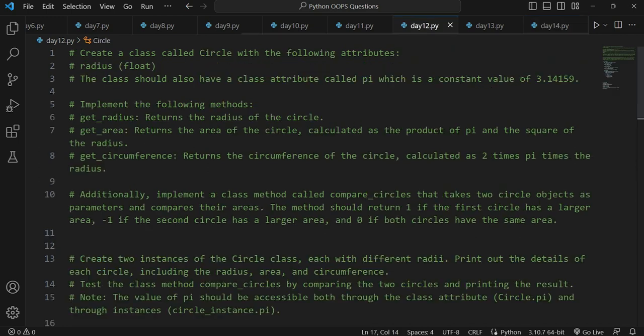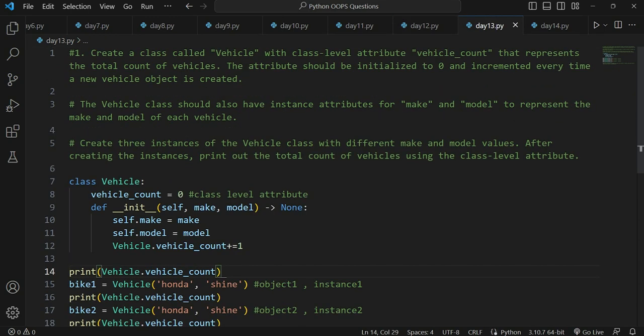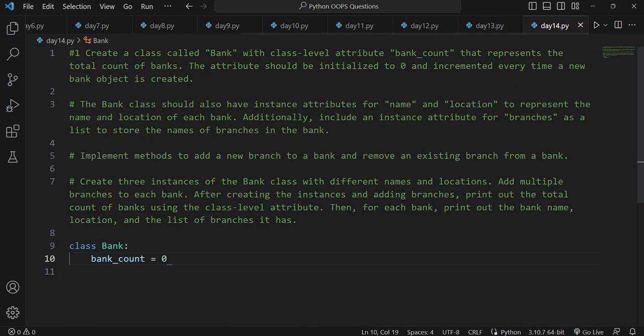We have done it on day 11 and day 12, where we defined a class level attribute as pi, then a class level attribute as vehicle count, and then another question where we are defining a bank count as 0. So we know how to solve class level attribute questions as well. So now we can do this as well.